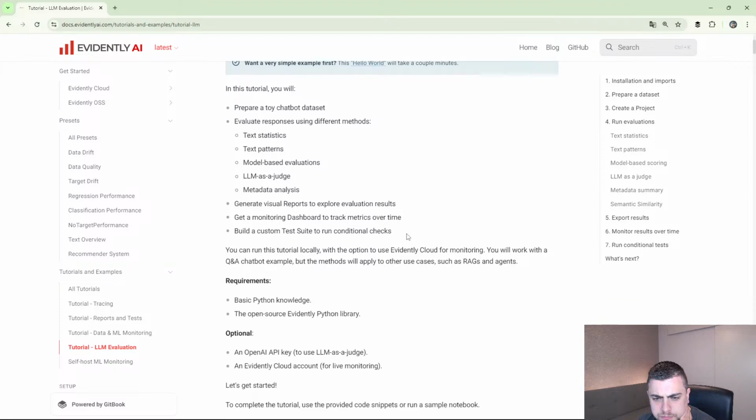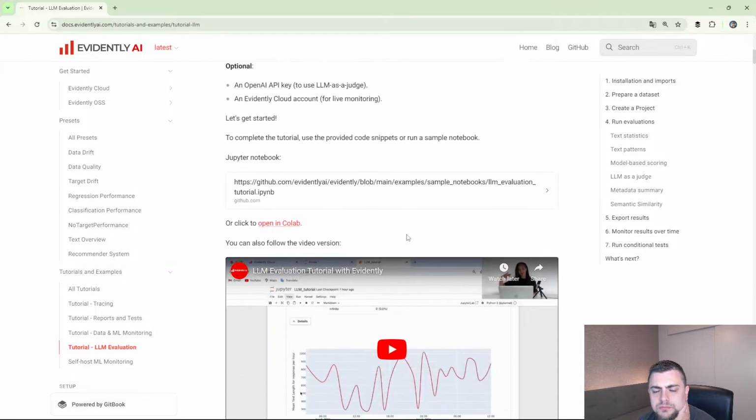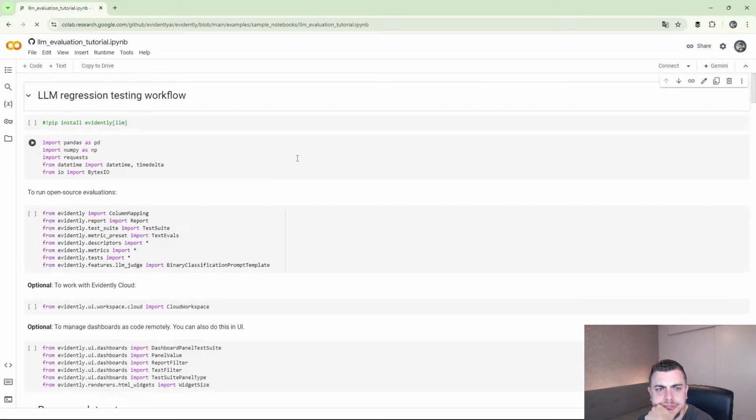Evaluation. This is the Jupyter notebook, or click open in Colab. Yeah, not really like this one because the whole meaning of this is to have